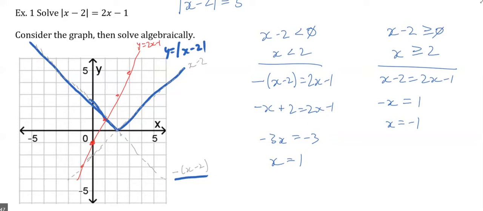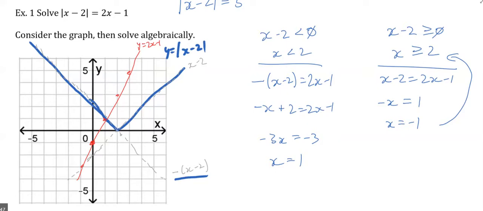Do we have two answers? Zach, what do you think? So this is not in the domain that we've set up. But why does it work out as a solution? Look, it's where it crossed this side, if I continued it down, is right there, x equals negative 1. There's the solution, right? So we can see visually why